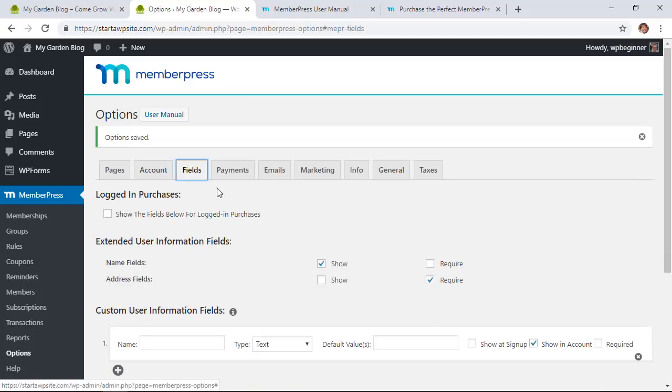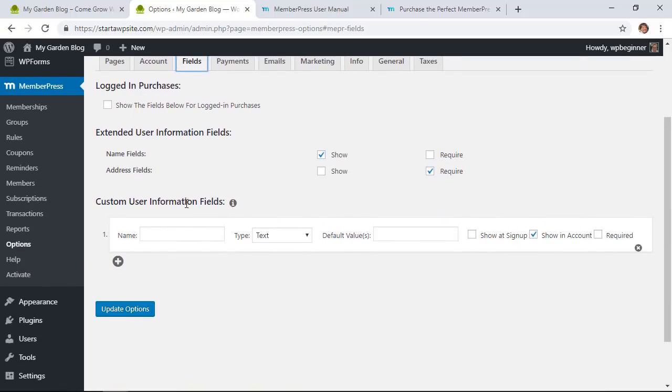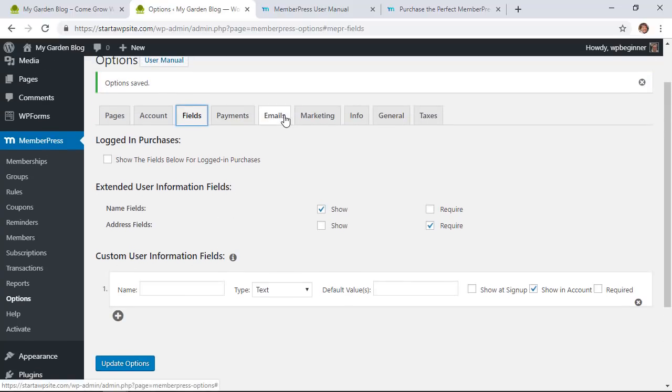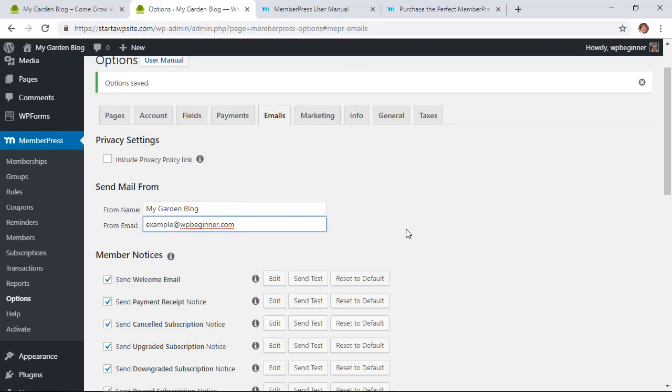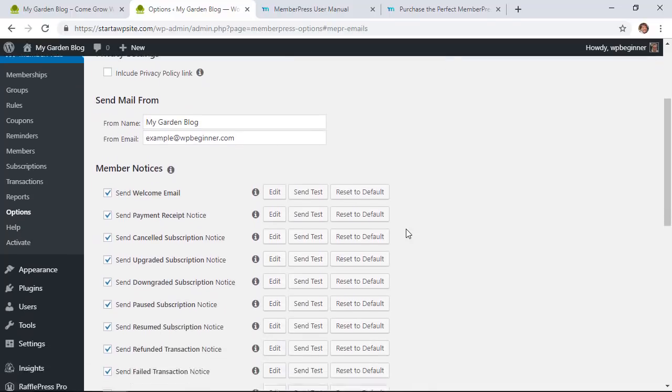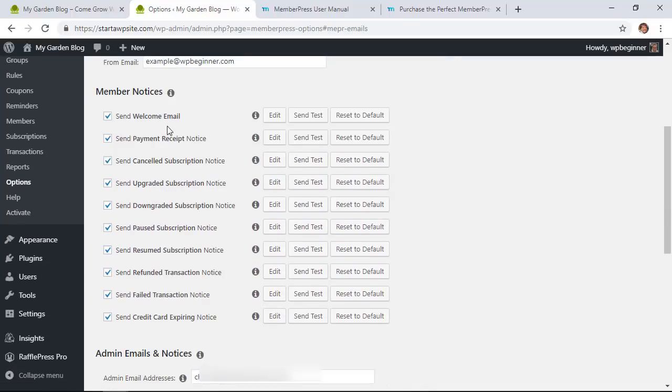And fields, these are extra fields that you can add in addition to the name and address field that you're already going to get from users. This is just if you want something like, if you want to get their phone number or their fax number, you could add that there. We've done payments, and under emails, these are all of the member notices that can be sent out on your